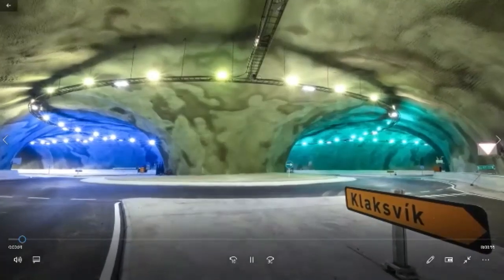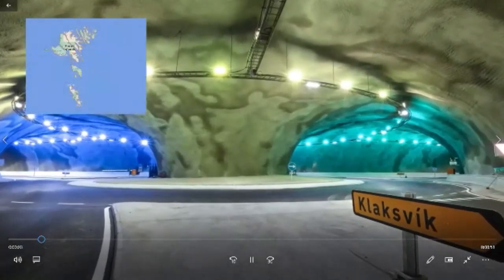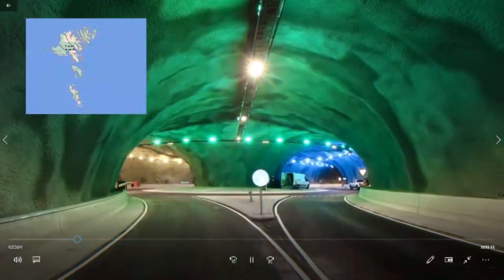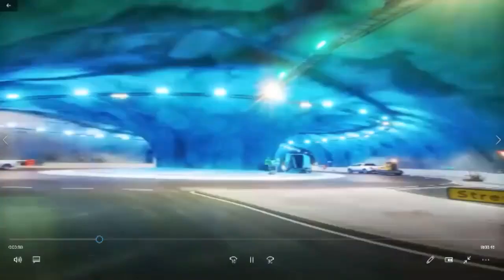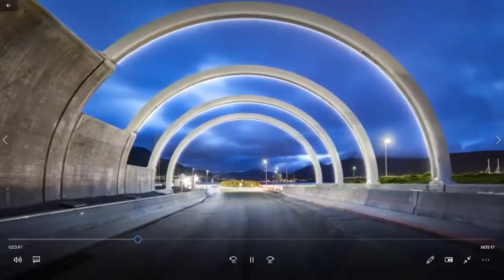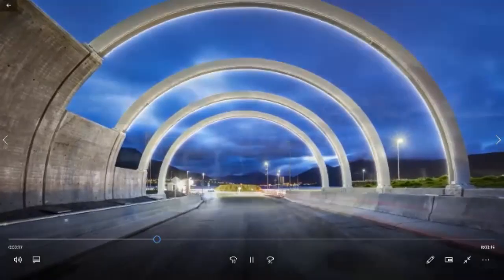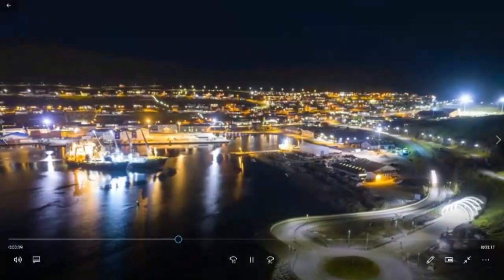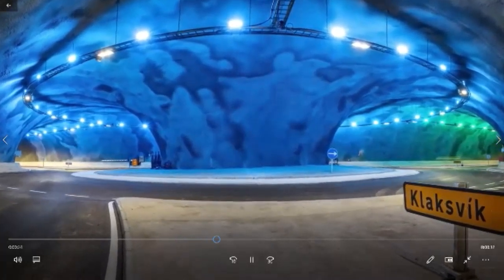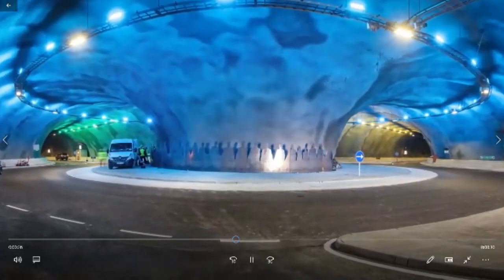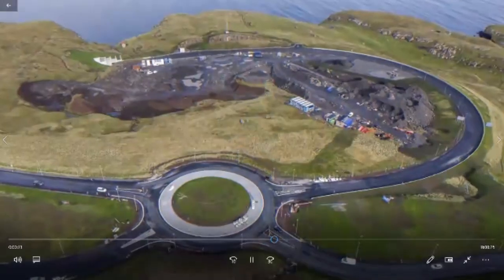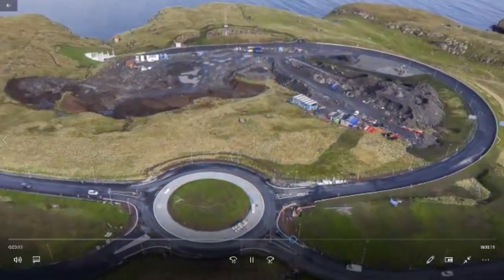The first underwater roundabout in the world is opening in the Faroe Islands in the North Atlantic. The roundabout is part of an 11-kilometre tunnel system connecting two of the islands. Going through the tunnel will save lots of time driving around the coast when people travel between the North Islands and the capital. At the centre of the roundabout is a column of natural rock that looks like a jellyfish. Metal figures doing a traditional ring dance will circle the column. The artwork celebrates cooperation. The tunnel system cost 360 million euros.